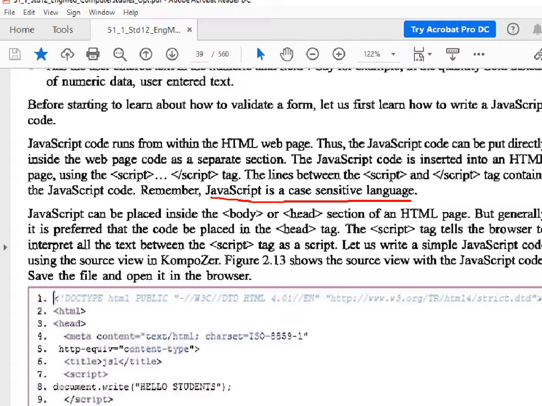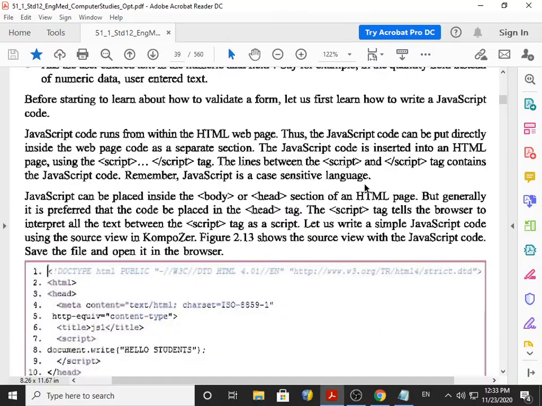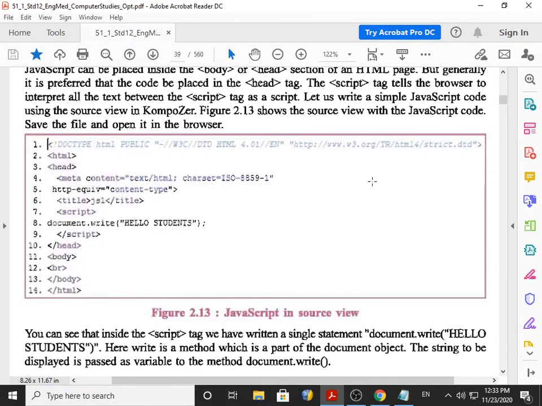And if you develop something in JavaScript yourself, in capital, then when you use it, it is also required to be in capital. This is called case sensitivity. So JavaScript is case sensitive. This sentence is asked in board exams a number of times, so please mark it as an important sentence.